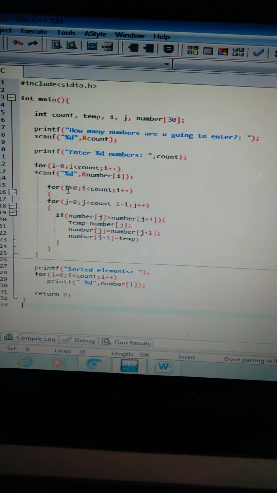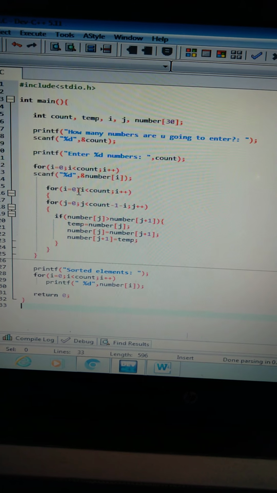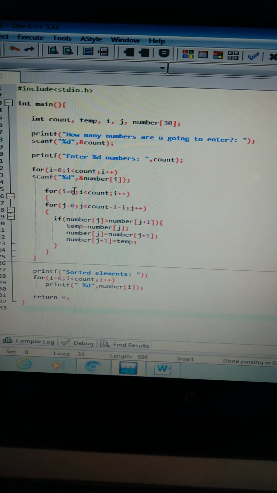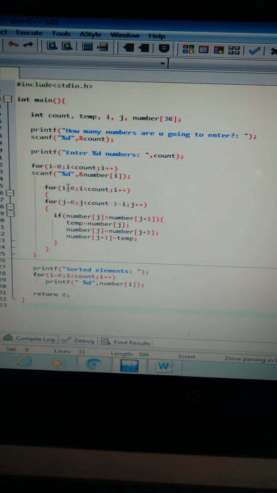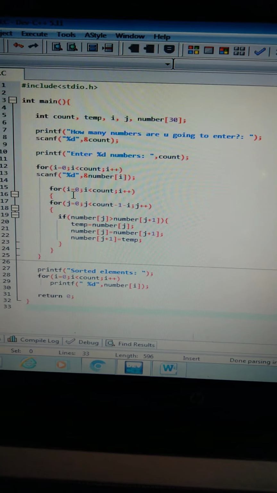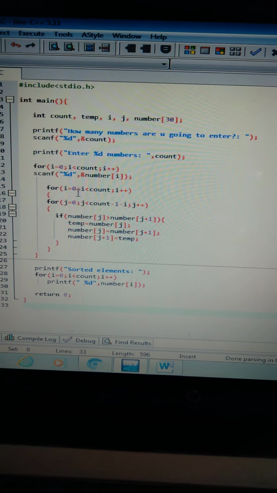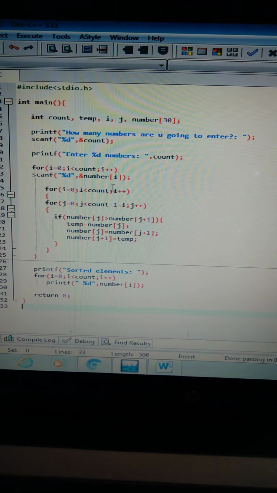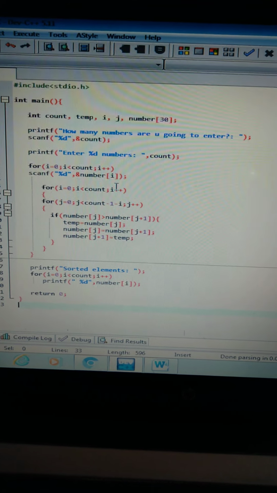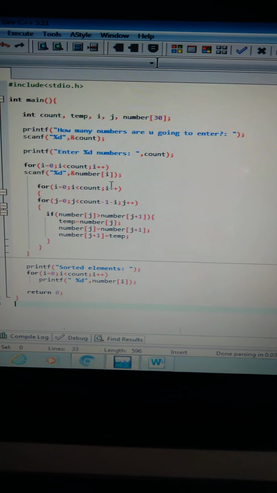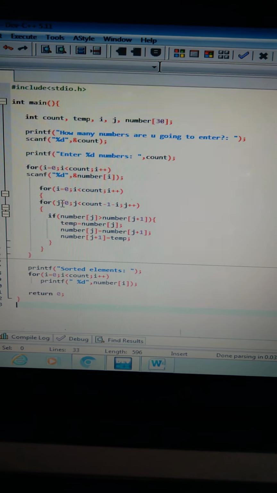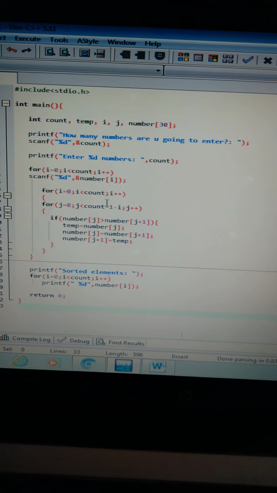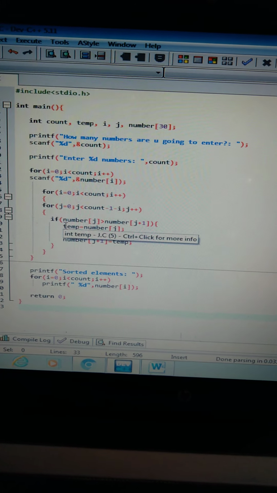Then the first for loop comes here. The given array is indicated by both the index values in the form of i and j. The condition is same here: i is equal to 0, i is lesser than count, i plus plus. If this condition is satisfied by the number we have taken, then we enter into the second for loop, and check this condition, and if this condition is also satisfied, then we go for these operations.